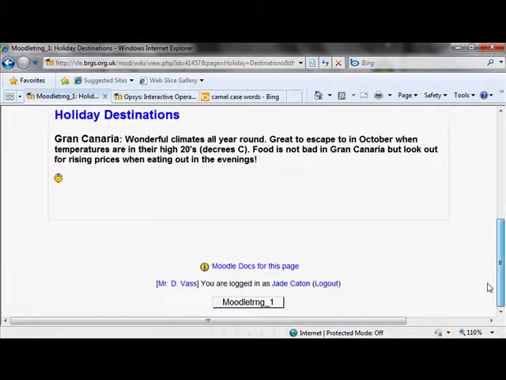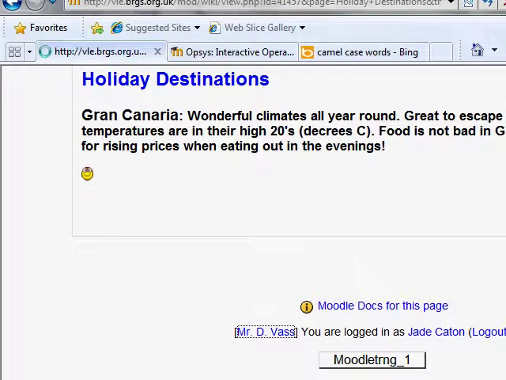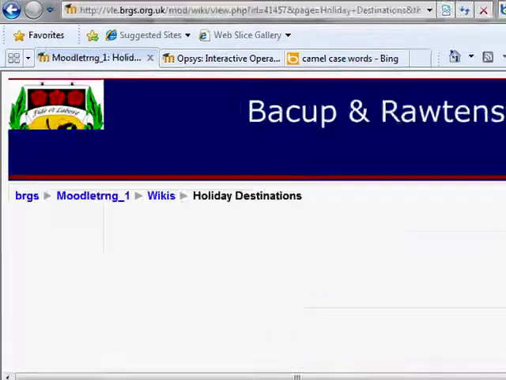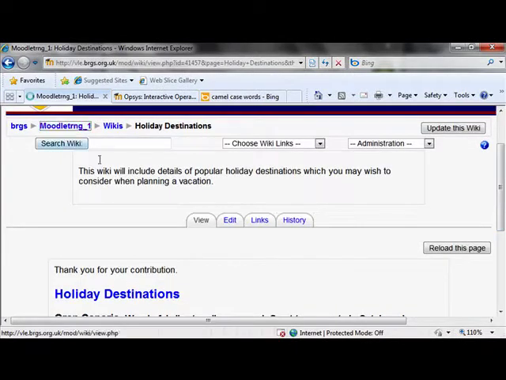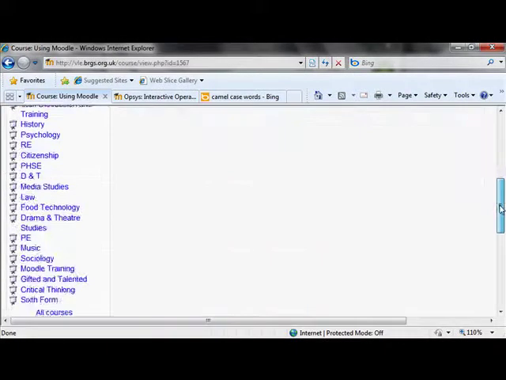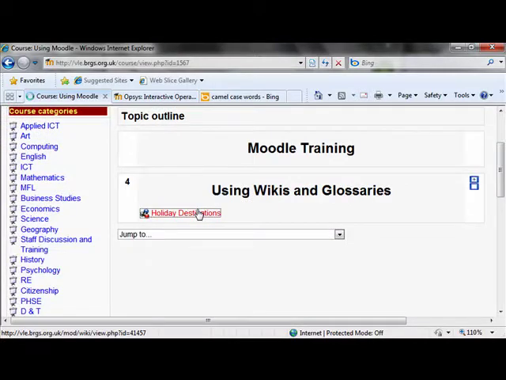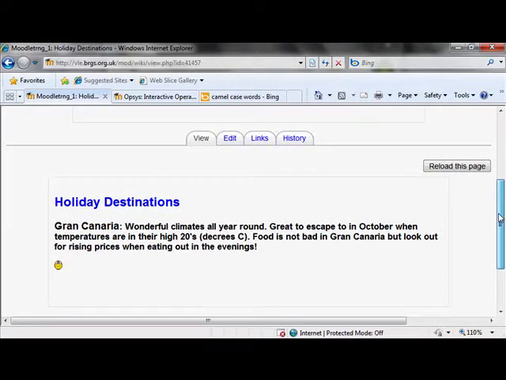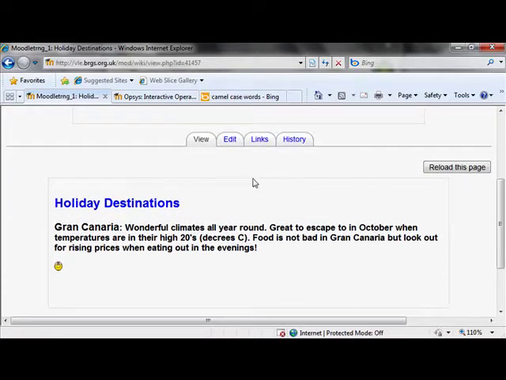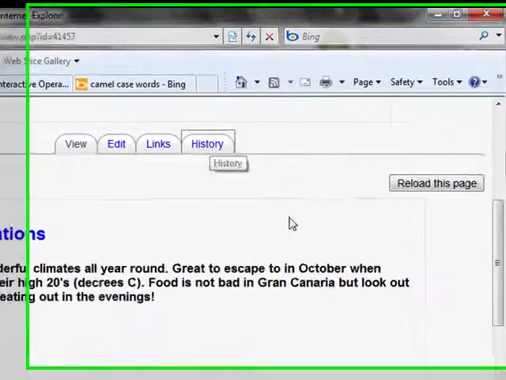And then Miss Caton might decide to log out, so I'm going to log back in as myself. And now let's take a look at that. So let me go back to the course homepage. And let's take a look at that wiki. Okay, there we go. There's the wiki in its current form. And if I now go into history,